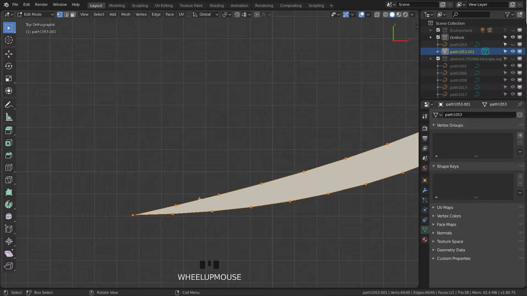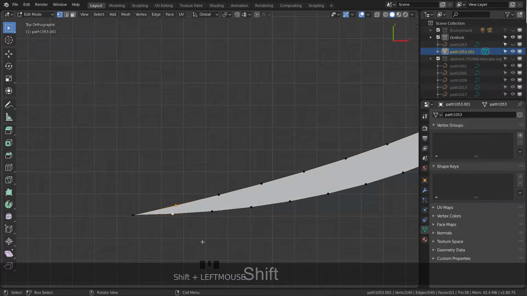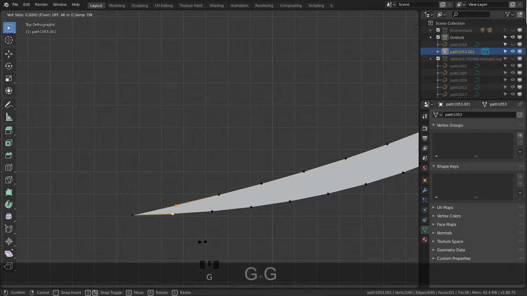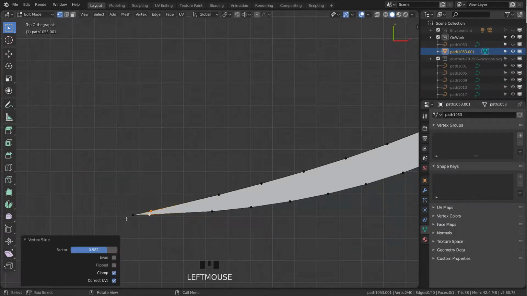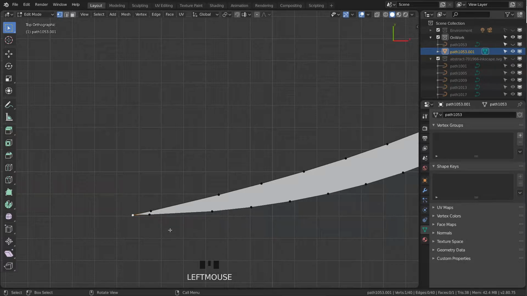I will not make new vertices. I just grab those both here and press double G. Double G calls the glide command, so I can only pull them here on the existing edges, and I pull them up further here. And then I grab this one, and now I use the normal G, but be careful,